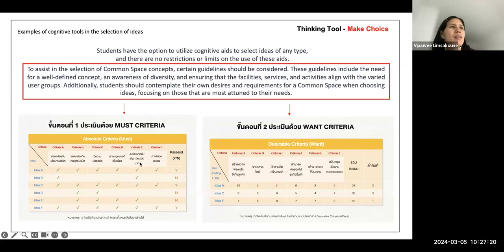Budget, the investment, how much you're going to spend on it. Whether you could do it by yourself or by your team, like is it possible? So for the must criteria, an idea that passes means it needs to pass all of the must criteria. If it is missing one or two, then it does not pass. Okay. Then you could look at the want criteria.